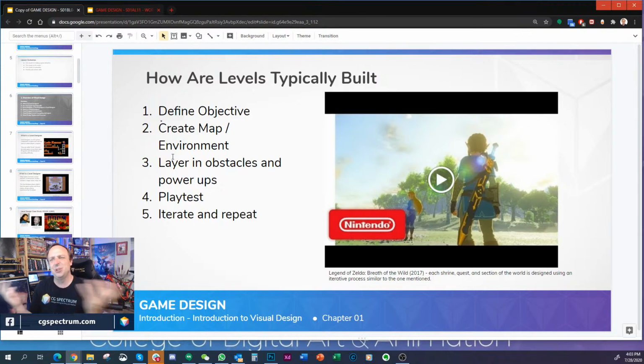I'm using desert specifically because deserts are really hard to innovate on, right? How do I make a desert kind of interesting? How do I make that desert look cool? That's the kind of thing that, as an artist, it's your job to maybe have some ideas, but then you also have to work with the designers, because you may come up with some really cool ideas, and then you tell it to the designer, and the designer's like, ooh, wait a second, that looks cool, but that's going to break the gameplay, or that's going to